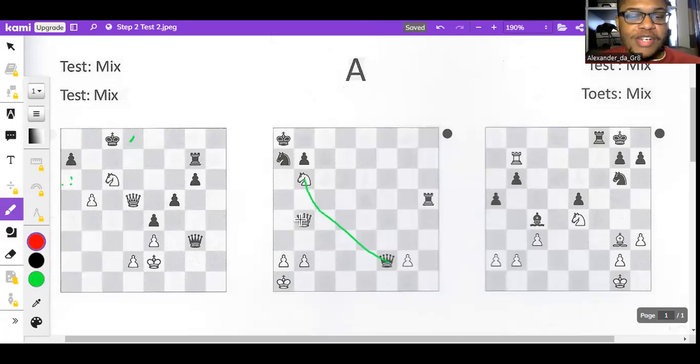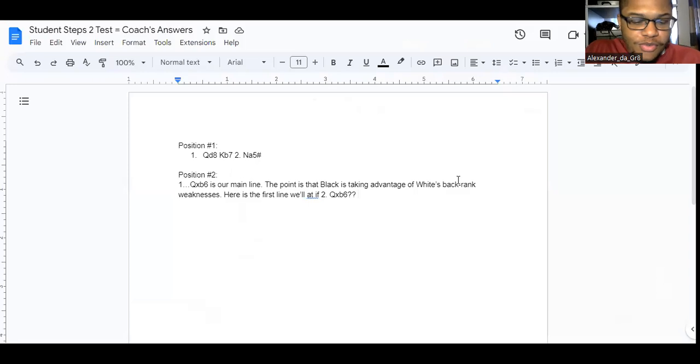Their move is going to be queen takes on b6, which is a blunder because, again, of rook to h1. So rook h1 check. The queen has to block. And then rook takes on g1 is going to be GG mate. That's the first line. So after move 1, queen takes on b6,